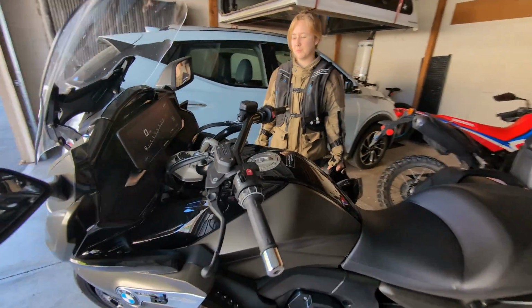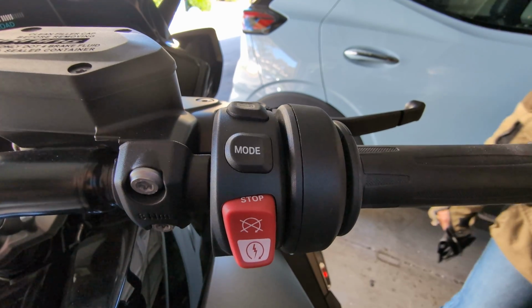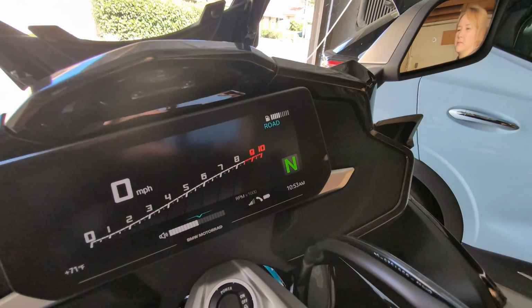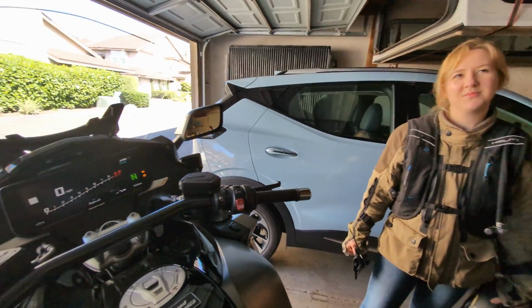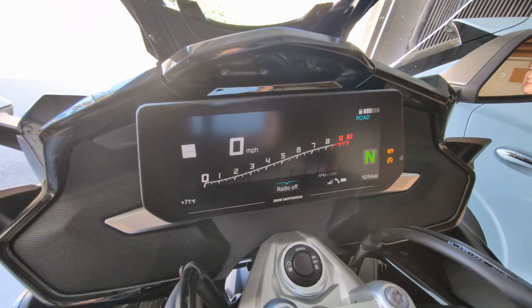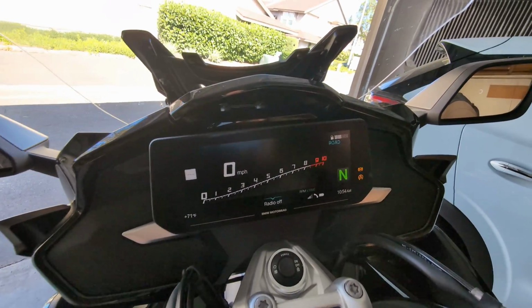Depending on which ride mode I choose, we've got 3 different ride modes: rain, road, and dynamic. If I choose dynamic, it's going to give us a little bit more of a firmer ride for when we're carving through the mountain corners here in a few hours. But when we're just cruising on the highway, I'm going to have it on road, nice and comfortable. So you see this big TFT display, very easy to see. I control it right here with the left. I'm actually going to go over,